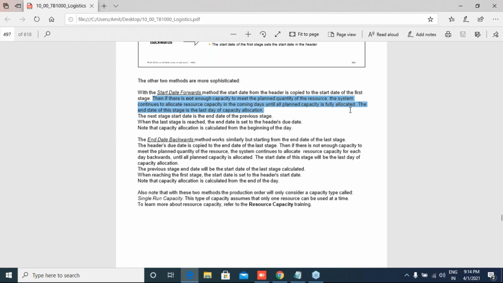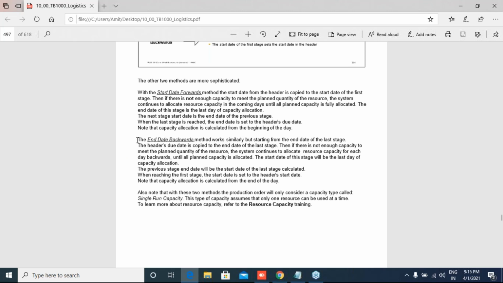The end date of this stage is the last day of capacity allocation. The next stage start date is the end date of the previous stage. When the last stage is reached, the end date is set to the header due date. Note that capacity allocation is calculated from the beginning of the day, basically.